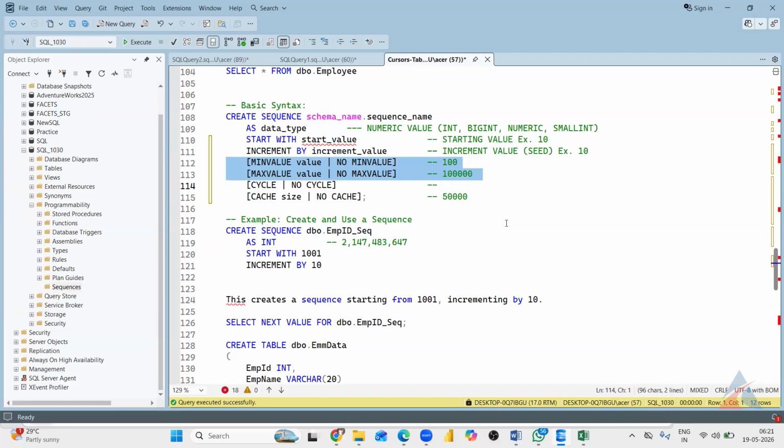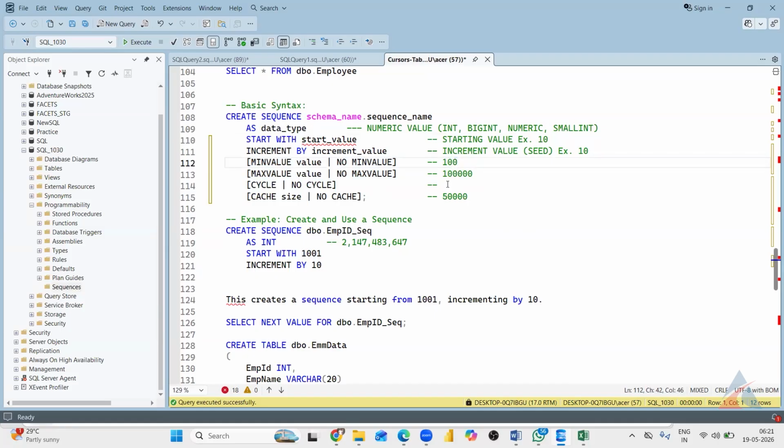So we can still insert more data beyond that point, right? We can insert, but the sequence will not go beyond the data type. And then after that, it's going to be like 100,001? No, it will be like 100 only again, because